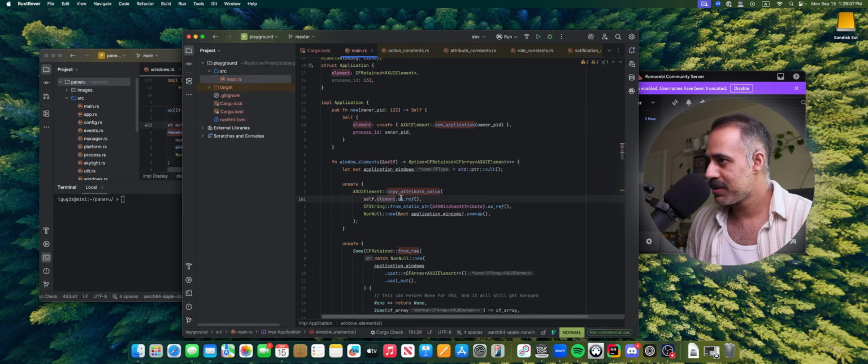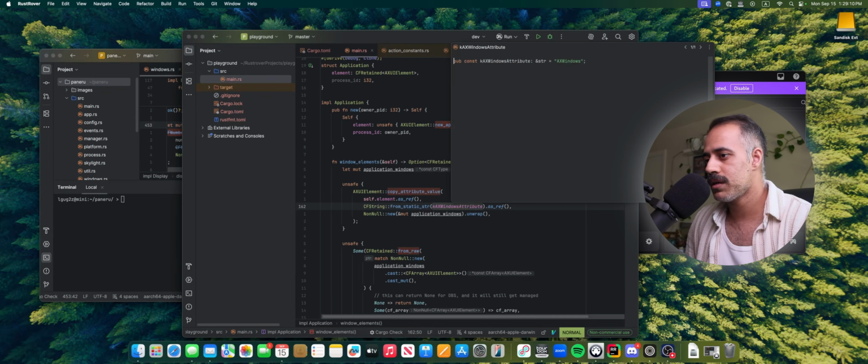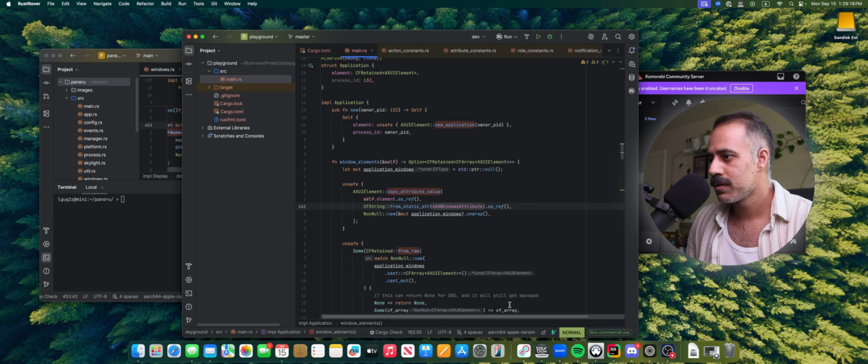So for the application element, we want to look up accessibility windows, which will return a list of window elements. And we want to store that in like this